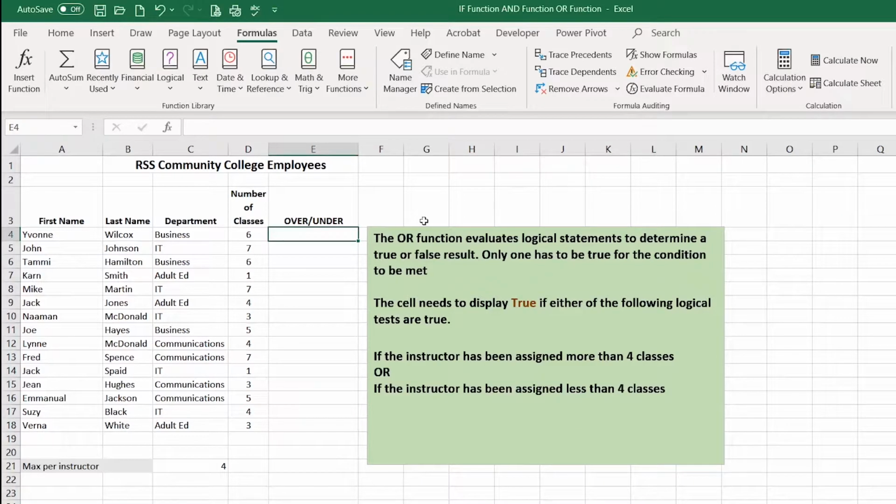In this video, I will demonstrate how to perform the OR function. The OR function evaluates logical statements to determine a true or false result. Only one statement has to be true for the condition to be met. So what I'd like to do is have a true result if the instructor teaches more than 4 classes or